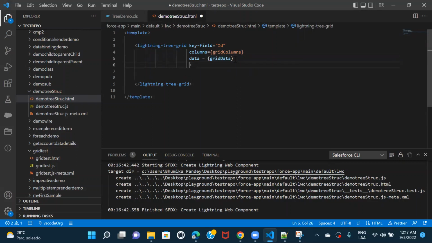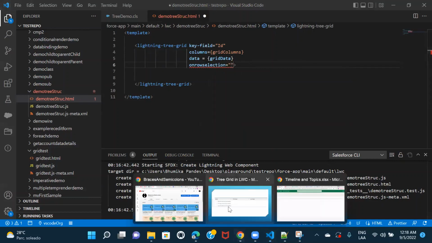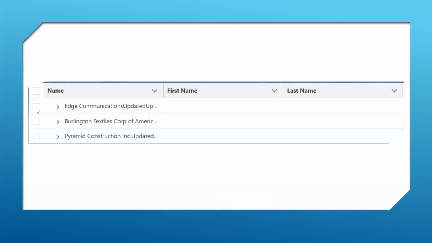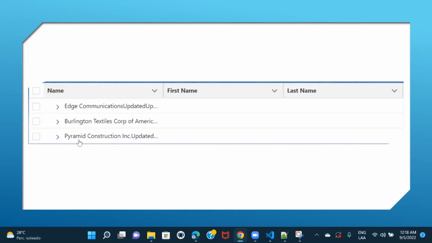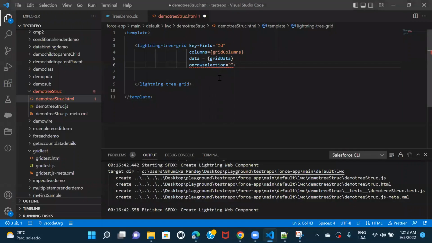And then I'm also going to define something as on row selection, okay? So let's say somebody will be displaying checkboxes along with the records. So for example, if I go back here, these checkboxes, right? Let's say somebody selects the first one and the third one. So what I want to do is I want to take the input values, which rows are selected, which data is selected, right? So for that, I'm just creating this onrowselection. And again, here, I'm just calling a method handleRowSelection. Okay. So this is my